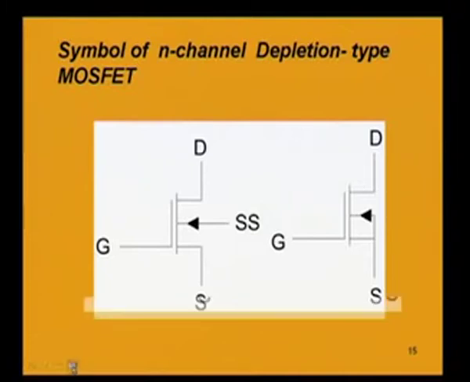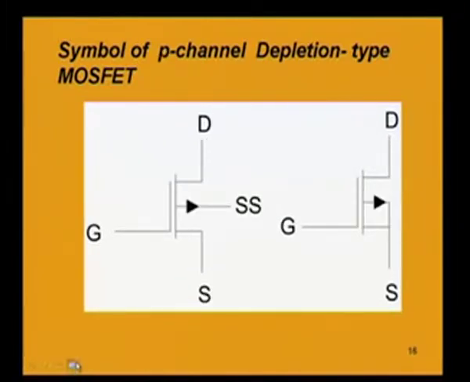Now, if we have a p channel depletion type MOSFET, in the p channel depletion type MOSFET, this substrate will have n type material and the channel is p. So, others remaining the same, the arrowhead in the substrate connection will be just opposite to the n channel, it will be from left to right, because we have the p channel depletion type MOSFET,